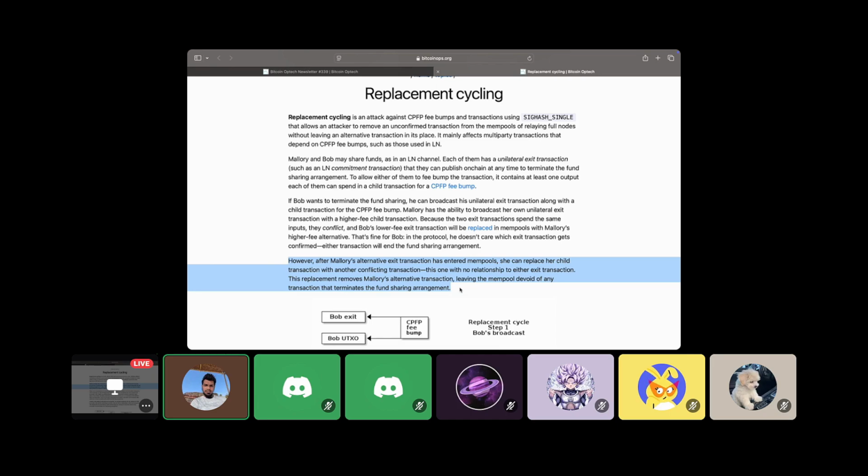Because when Bob tried to exit this contract unilaterally by broadcasting his commitment transaction, Mallory prevented him by broadcasting her own version of the transaction with a higher fee. And when her own version of the transaction with a higher fee was included in the mempool, Bob would have exited this contract unilaterally, had Mallory's commitment transaction been mined,